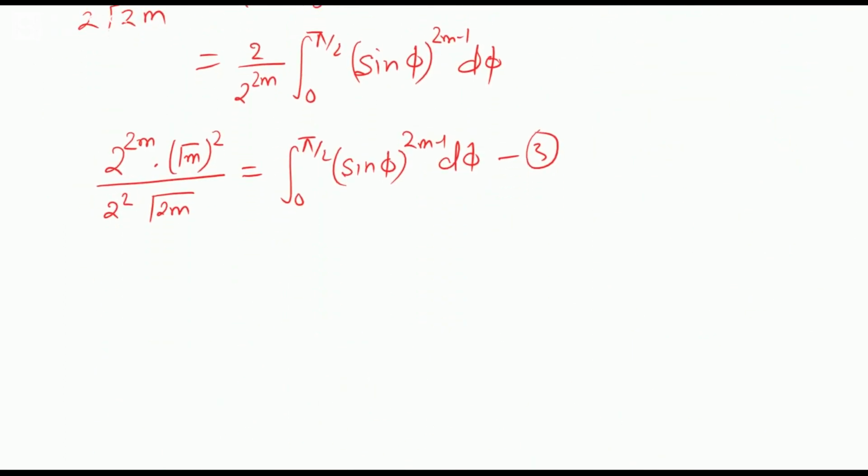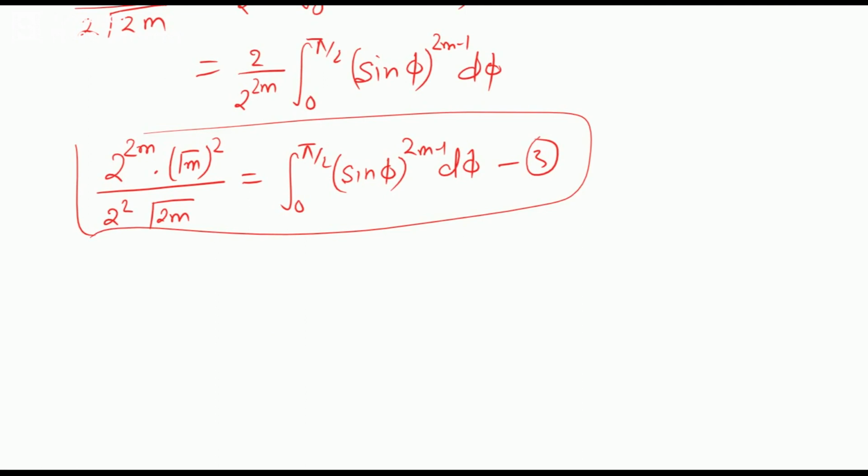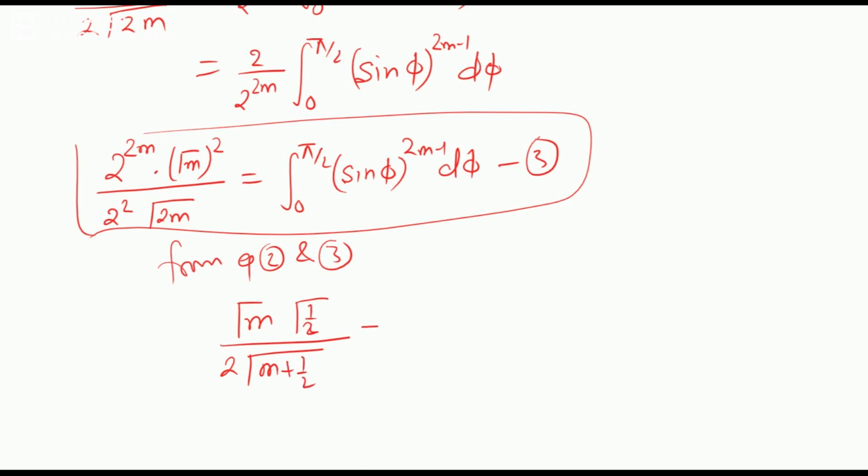So if we equate equations 3 and 2, from equation 2 and 3 we can say gamma m gamma 1 by 2 upon 2 times gamma (m plus 1 by 2) is equal to 2 raised to power 2m gamma m whole square upon 2 raised to power 2 gamma 2m. Now we cancel and we write